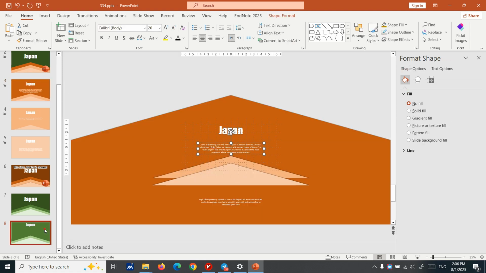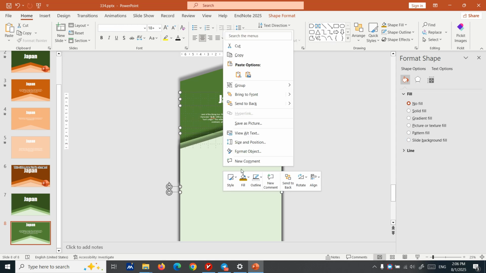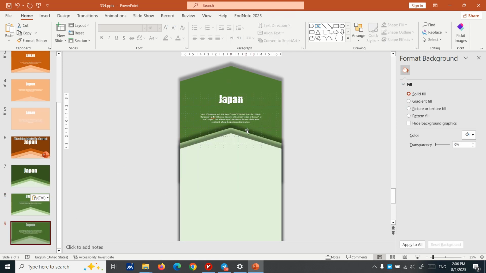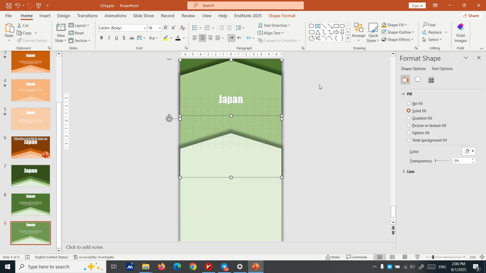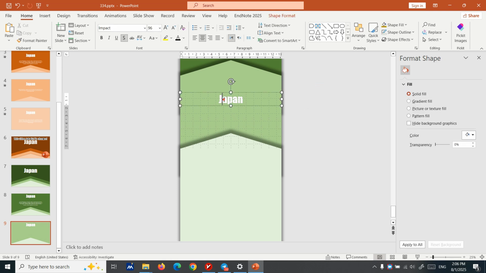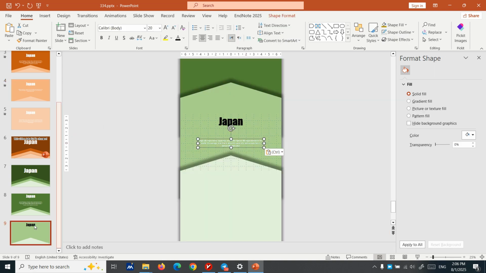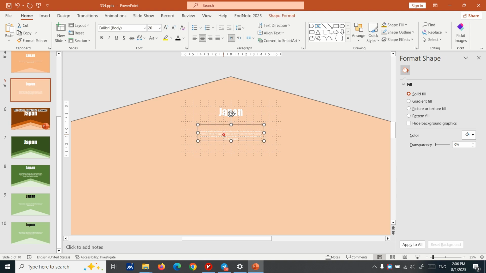copy the text, paste it here, bring it up, then select the Japan and these two shapes and bring them to front, copy that, done the job. Now we need to make it black. Copy this text, paste it here, select these two things, bring them to front, copy that, copy text,